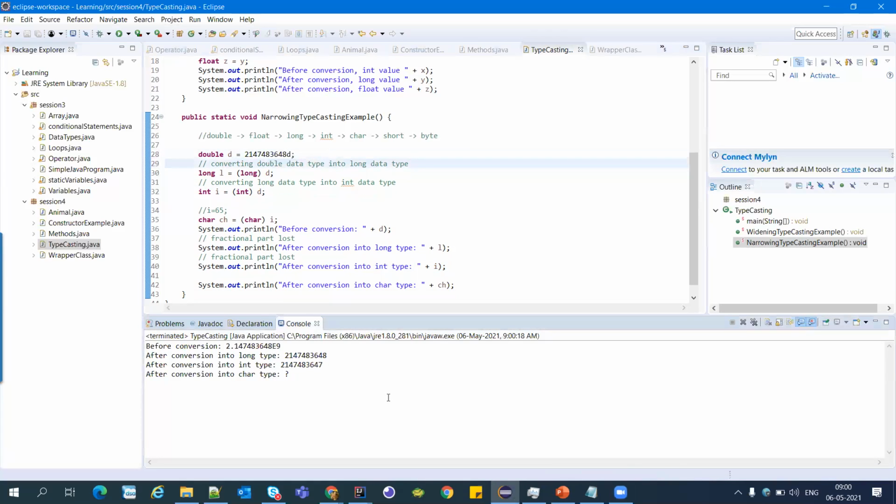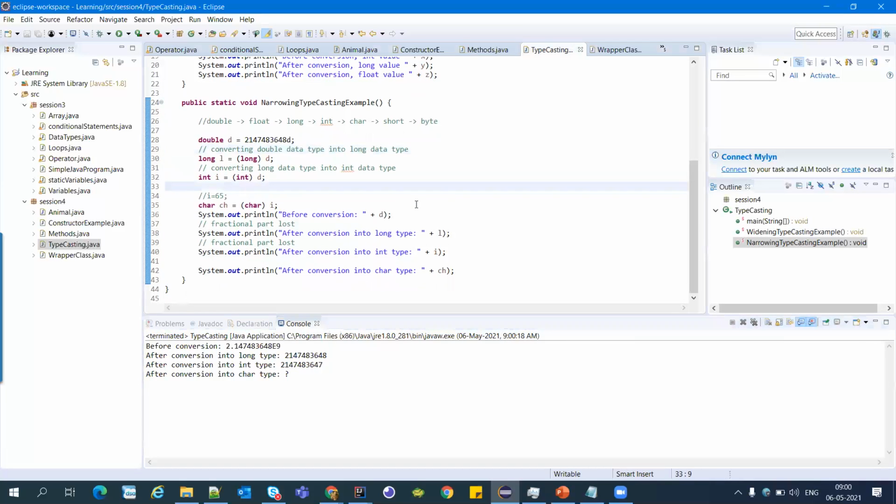Now see, Shubham. We are losing some data here, at the last. For integer also we are losing some, and for character, definitely. There is a limit for the integer, so if it goes beyond that limit, it will just reduce to the maximum limit only.